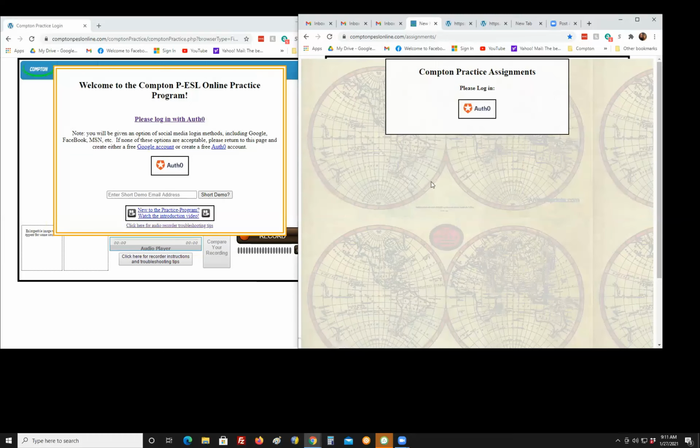The new login procedure: we no longer are managing passwords, as you've figured out. We've partnered with Auth0 to do that for security reasons. And so there are 4 sites that are affected by that. The practice program, the assignment planner,